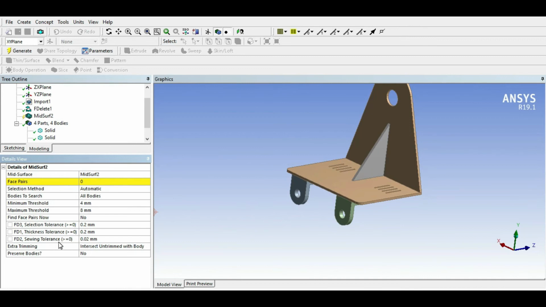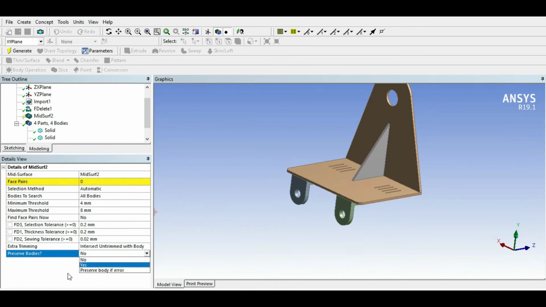Again I am keeping the swing tolerance at 0.02 here. Your extra trimming option is intersect and trim with body. I recommend keeping this default setting as it is. Next is preserve body. There are three options available: no, yes, and preserve body if error.